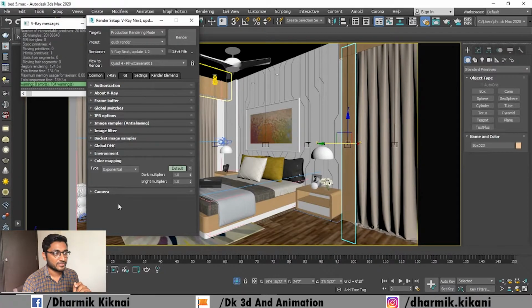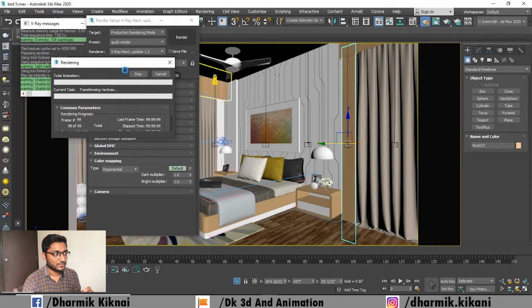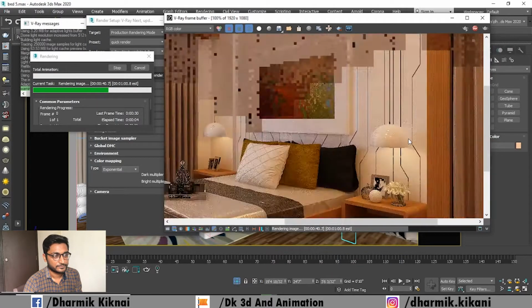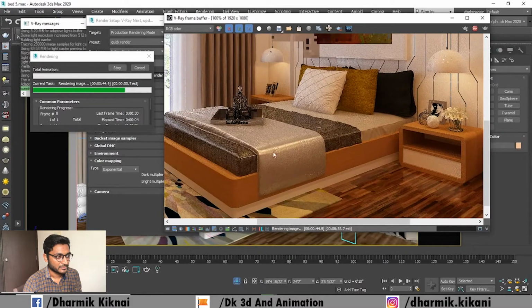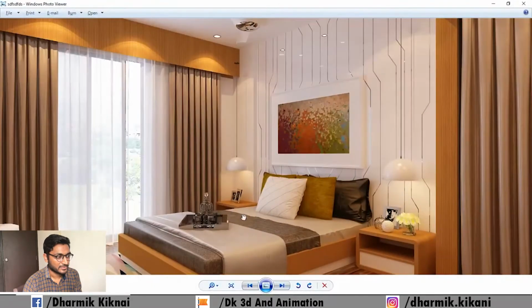Next I start one render, which is a small quick render, so you can get a rough idea of low render and high render. You can see the black dots in this image, and you can see that this image is clean.